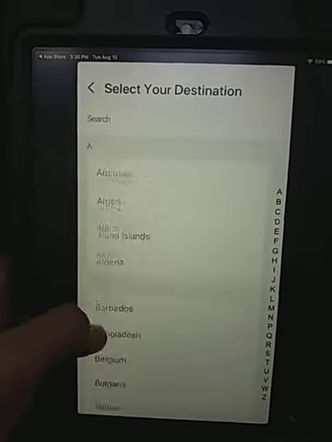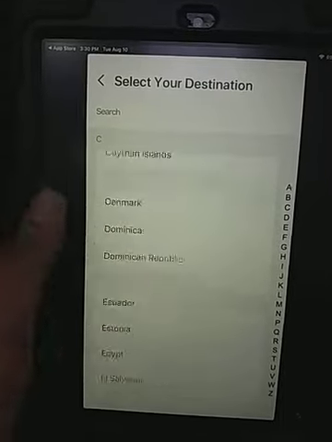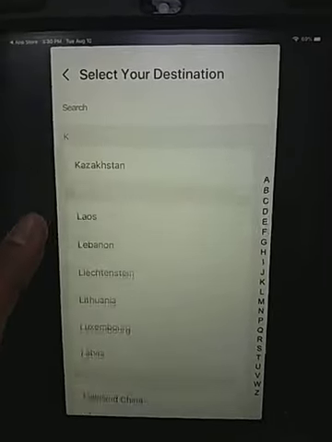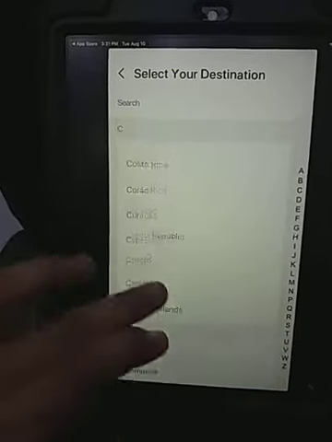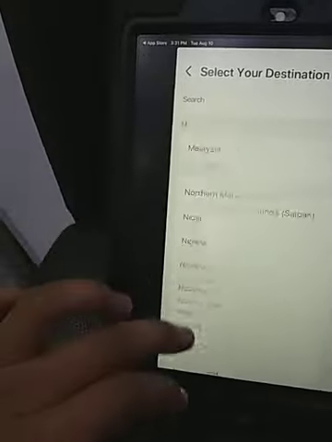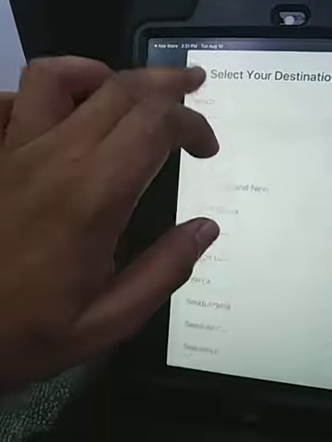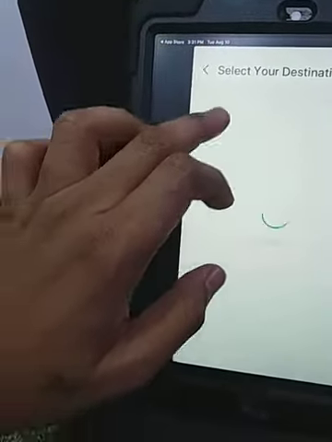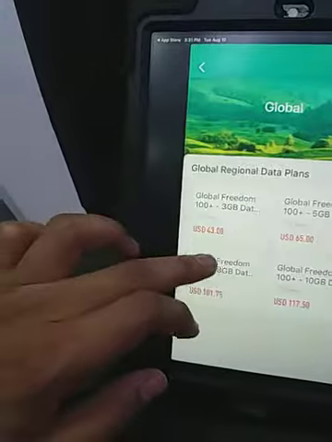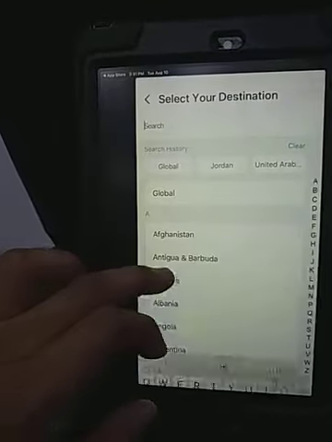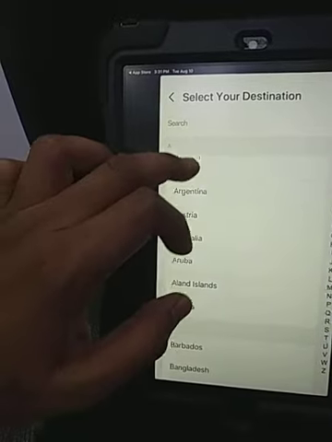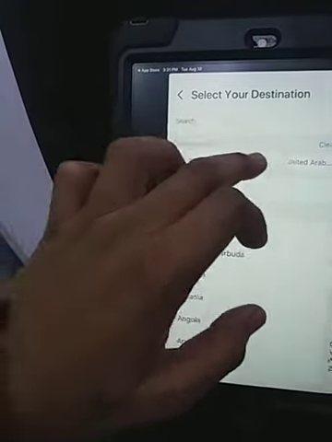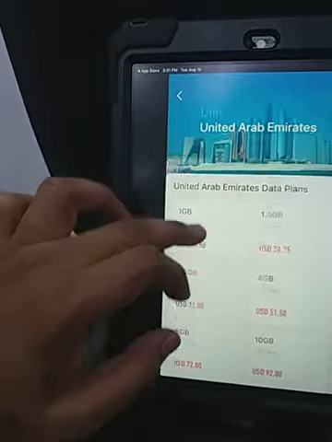It has all these countries, almost all over the world. So you can choose whatever country you go to, and you can buy a plan. It also has global plans. These are the global plans, and these are Afghanistan, Anguilla, Albania, Angola, Argentina, Kuwait, UAE, all over the world.